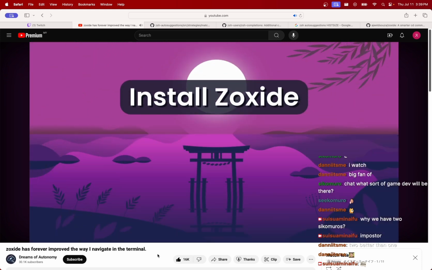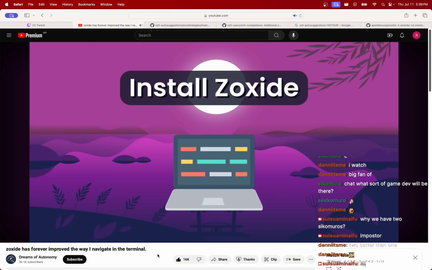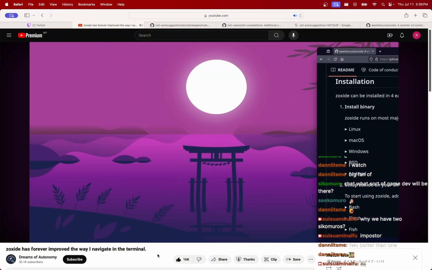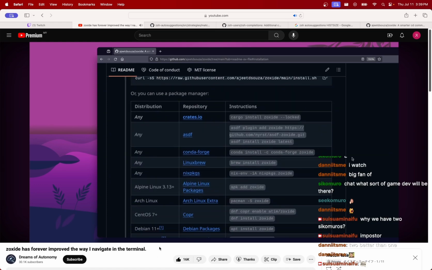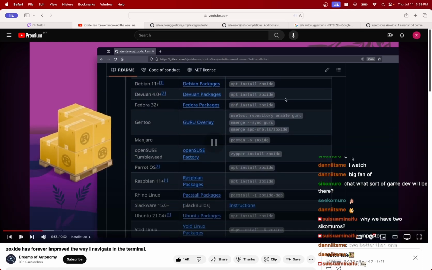The first thing you'll need to do is install zoxide onto your system. To do so takes a couple of steps. The first one is to download and install the zoxide binary onto your operating system. You can do this with either Cargo or your operating